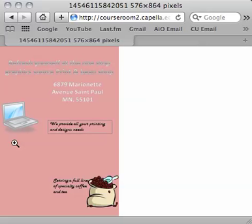Also, there's not nearly the same visual hierarchy as in the other poster. This fights with this, fights with this image, because they're all of a very similar size. They have similar visual impact. And so try to get a real sense of